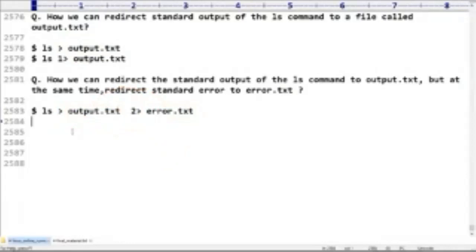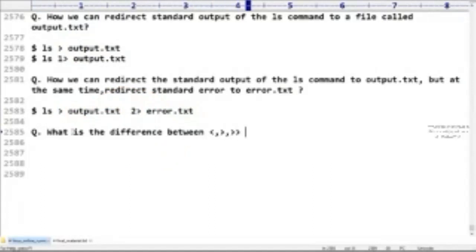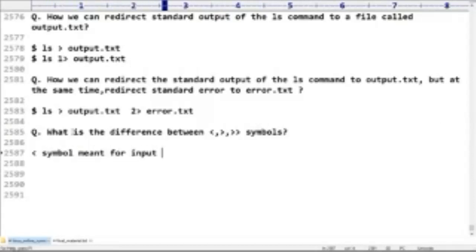Next, what is the difference between the lesser than, greater than, and double greater than symbols? The lesser than symbol is meant for input redirection. The greater than symbol is meant for output and error redirection.